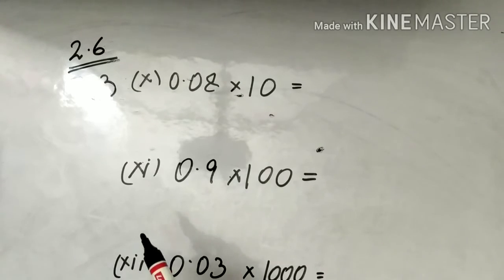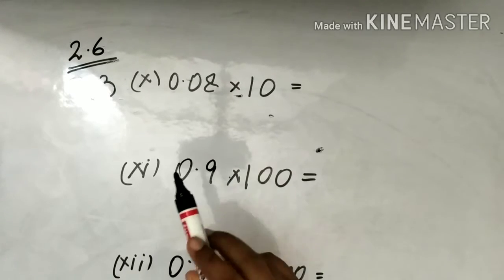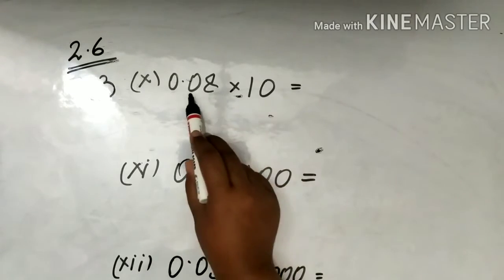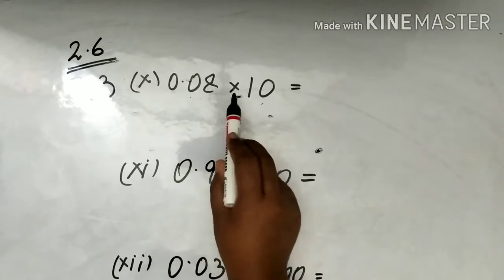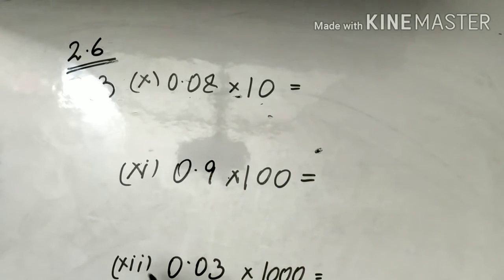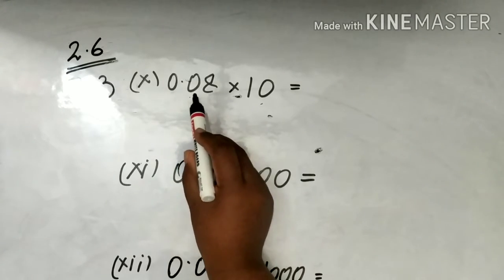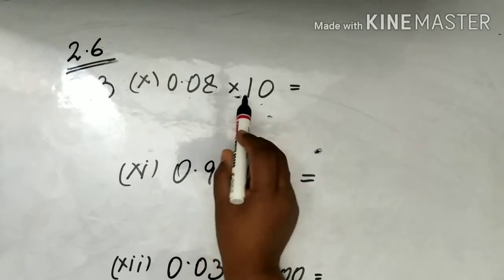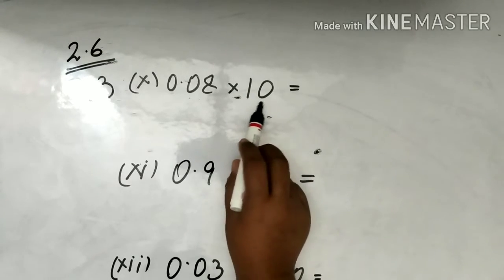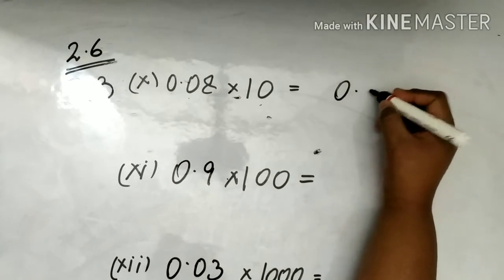If we use the longer method, then also we'll get the same answer. For example, let us do this question, that is 0.08 into 10, with the longer method and the shorter method. So let's use the shorter method first. We have 0.08 into 10. We have to move the decimal once, right? Because there's a 1 and a 0. So the answer will be 0.8,